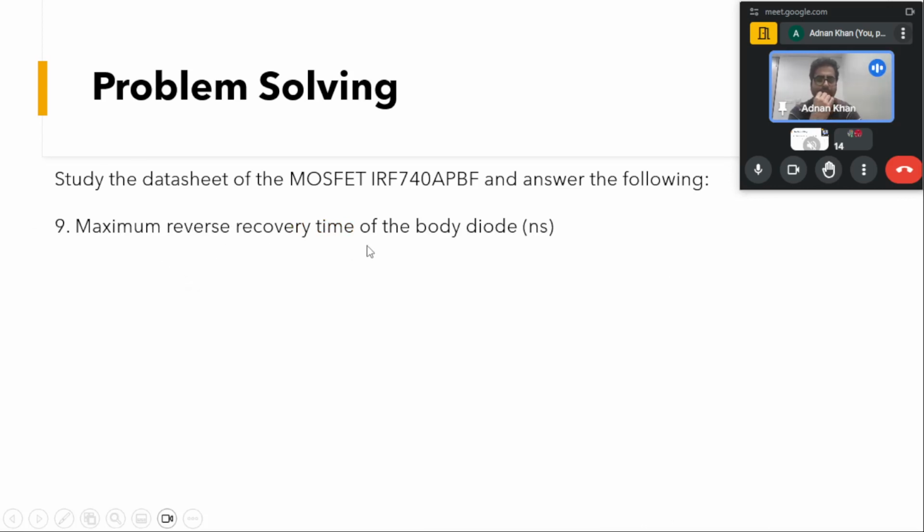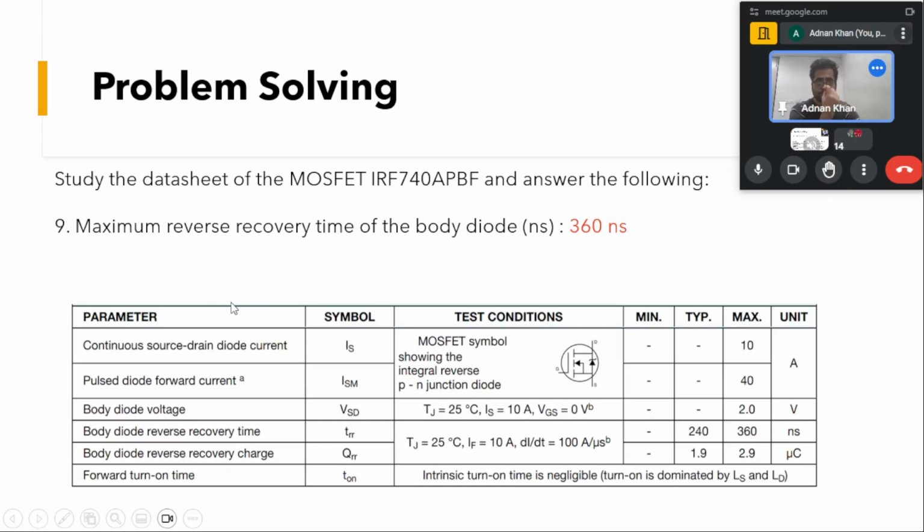What is the maximum reverse recovery time of the body diodes? So we saw that maximum reverse recovery time will be equal to TA plus TB, and here it is given the total body diode reverse recovery time, TRR. These values are valid only for these test conditions: TJ equal to 25 degrees, forward current of 10 amps, and di/dt of 100 amps per second, then only